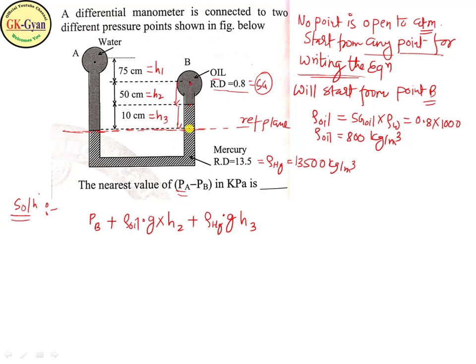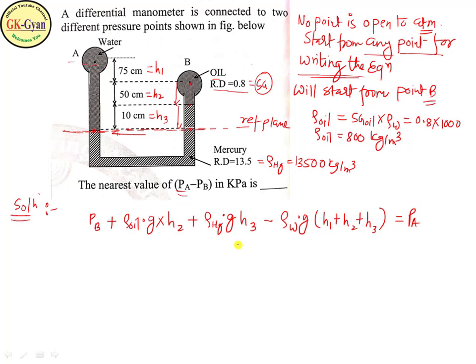Now you have reached this point on the reference plane. From this reference plane, this is mercury, the same fluid is present, so move in the horizontal direction directly. Once you are moving in the horizontal direction, there will be no change in the pressure. From this point, you are moving in the upward direction up to point A. So you are moving in the upward direction, so it will be negative. What is the fluid? The fluid is water. So it will be density of water, rho into g into the height. The height will be h1 plus h2 plus h3, all three heights.